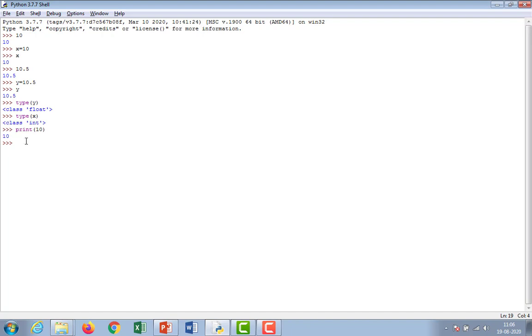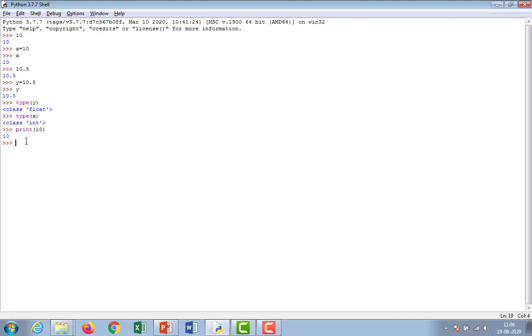If we want to print a binary number, suppose in the binary number system 10 means 2. If we want to give a binary number, you must add the prefix 0b. 0b indicates a binary number.